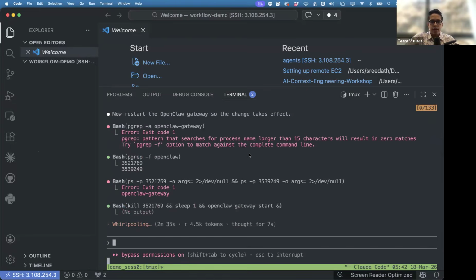Okay, now restart Openclaw gateway so that the change takes effect. So,